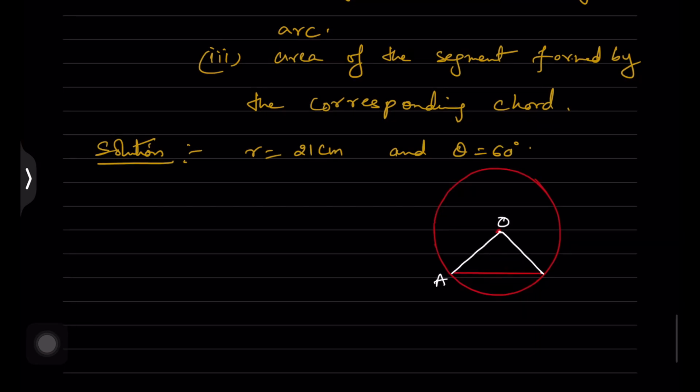A, B, this is C, is 60 degrees, 21 centimeters, this is 21 centimeters,